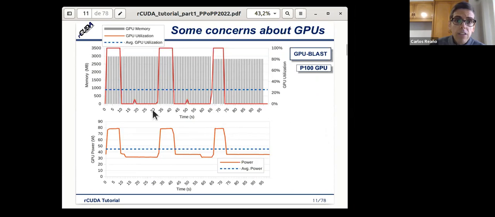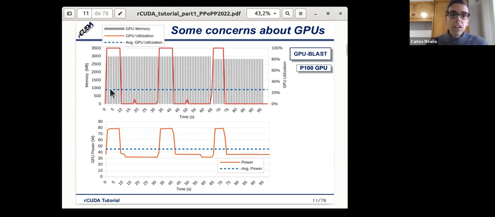In this case, we can see at the top of the slide the memory and the GPU utilization. The GPU memory we can see in the gray bars. GPU utilization we can see in the red lines, and the average GPU utilization is shown with the dashed blue line.